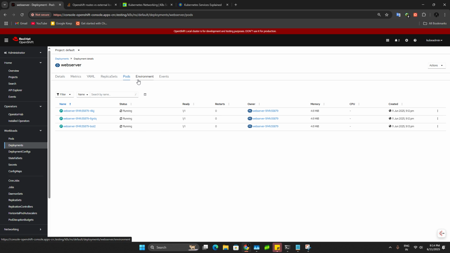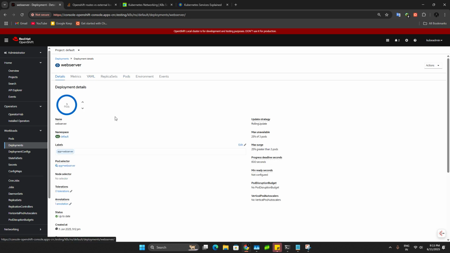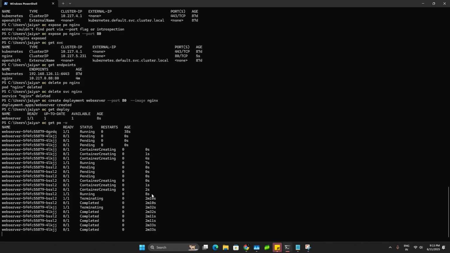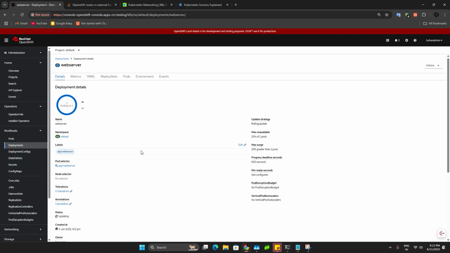What else? For these kinds of things, to map a particular pod to a particular node, we will use the labels. The labels are on the pod and the selector is on the deployment or controller. So these concepts are the selectors and the labels. Okay, we will reduce to a single pod now. See, it will complete and it's terminating. Okay, we'll go with two pods and quickly we'll finish this.